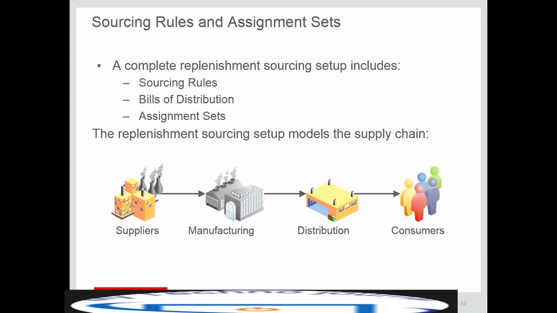For example, which suppliers are going to provide each of your purchased items, and which organizations are going to supply each of your manufactured items. So these specifications, like who is going to supply your buy items and who is going to make your make items,